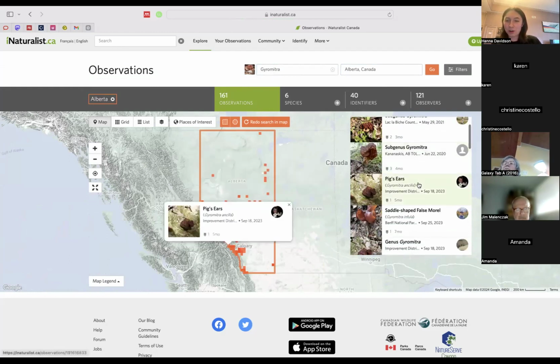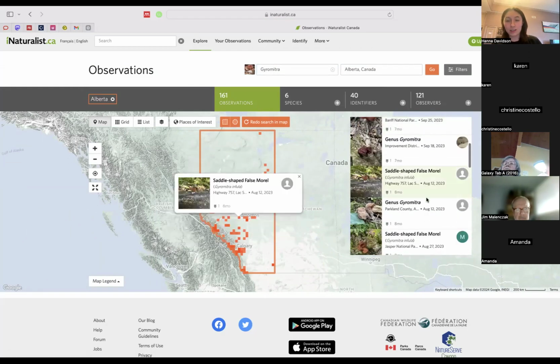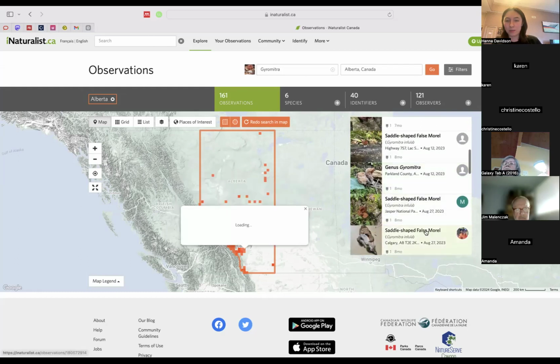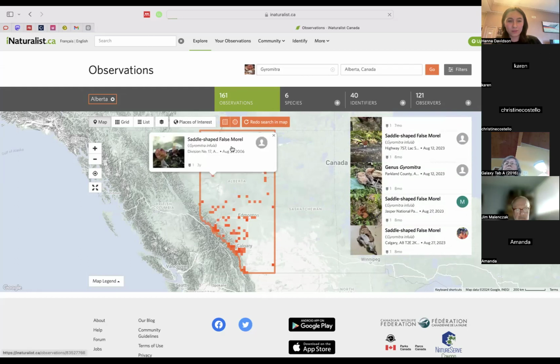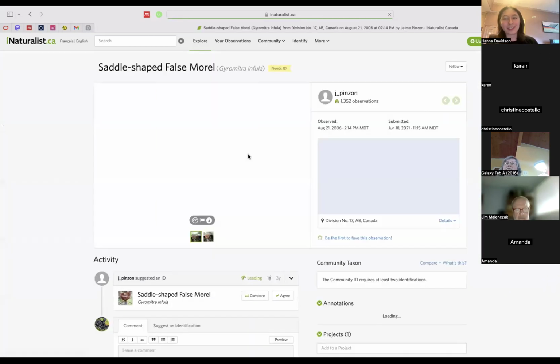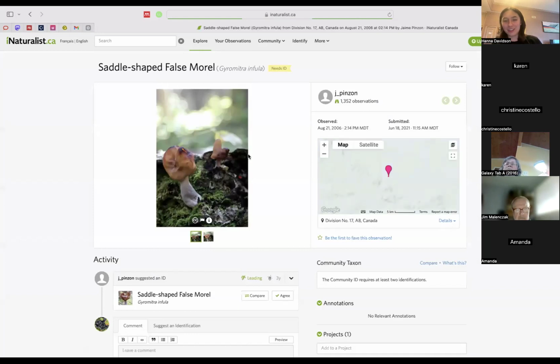And then some people have gone for a really specific species, which, as Karen said, is sometimes good, sometimes bad. So I think I clicked this one because it was lonely in the corner. Yeah, again, it's from 2006. This poor guy has been neglected for years and years, just sitting here.